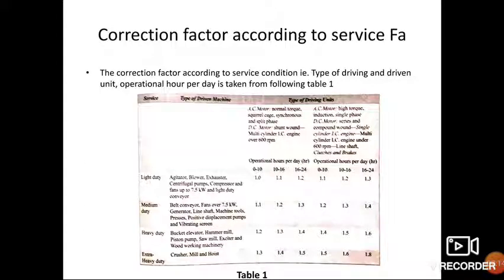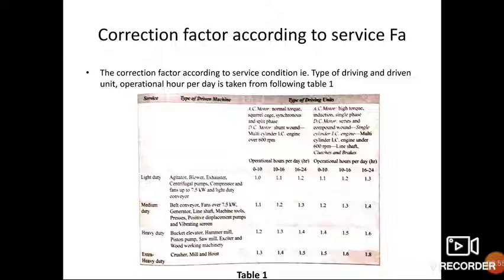Now, if you remember from the earlier lecture on selection of a flat belt from the manufacturing catalog, the rated power is known to you. That means the power provided by the input device, which is generally the rated power. But our power requirement, meaning how much maximum power we need, is different, because some power will be lost in transmission. The type of load will be different, so vibrations will be acting, and there will be power loss.